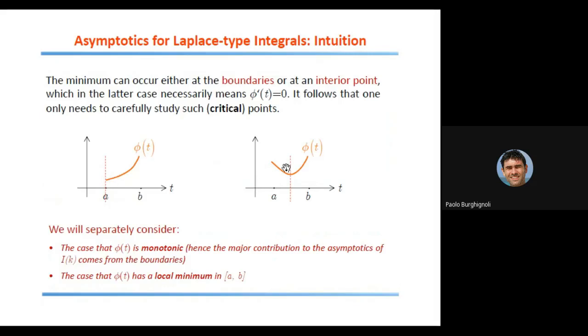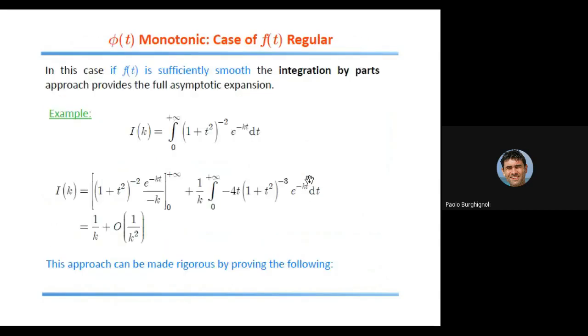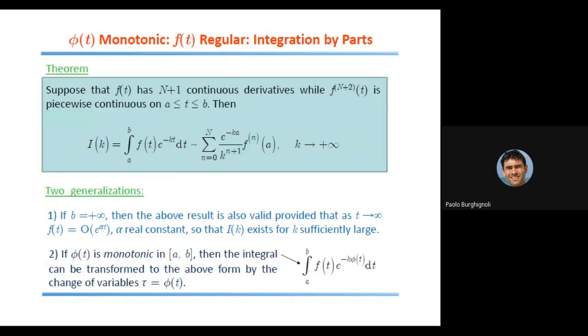In addition, if you have a situation like this one, in which you have an internal minimum, then the logic changes, because the logic is that the minimum dictates the asymptotic behavior. So if now your minimum is inside, you should do something different, as we will see in a moment. But before addressing that case, we will remain for a while in the case where phi is monotonic, because we will cover